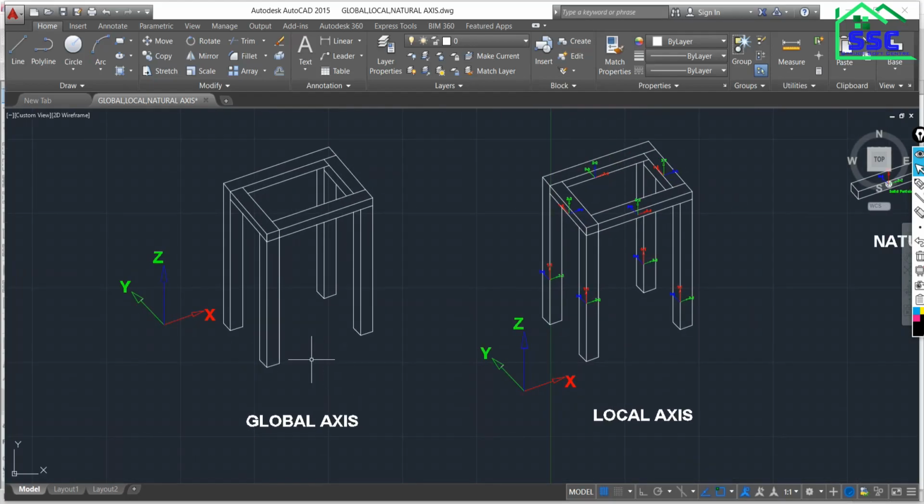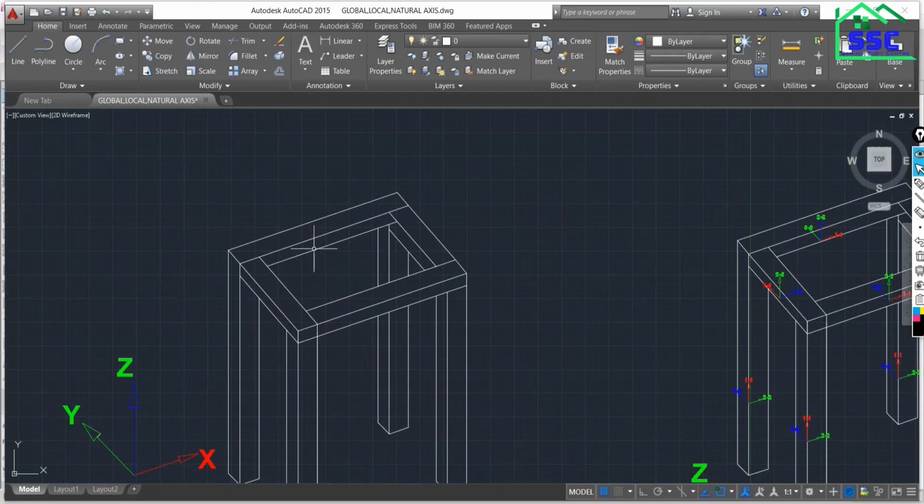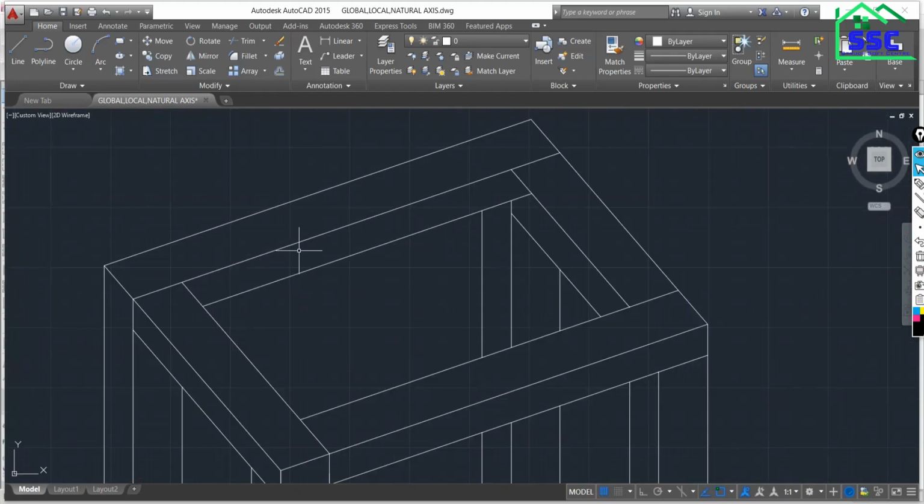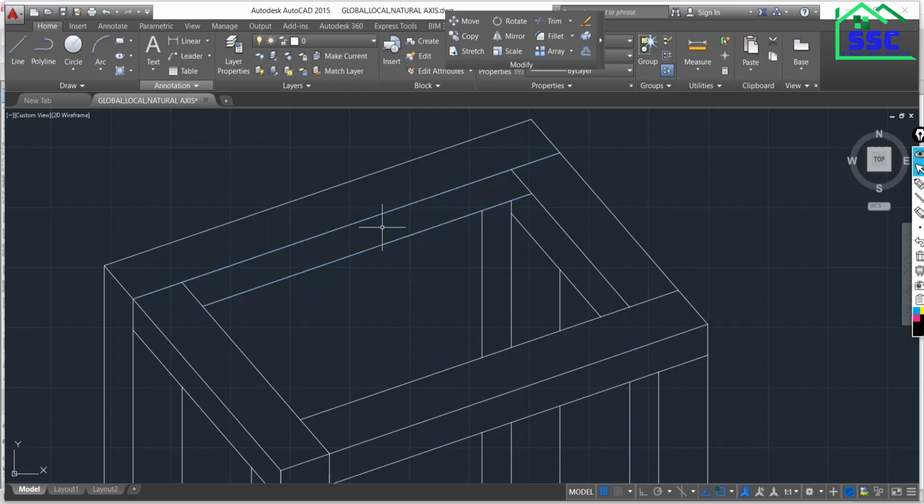Got it? Then each structural element is also a three-dimensional element. If you are talking about the beam, suppose this is a beam. This is a beam, this is a beam, this is a beam, and this is a column.